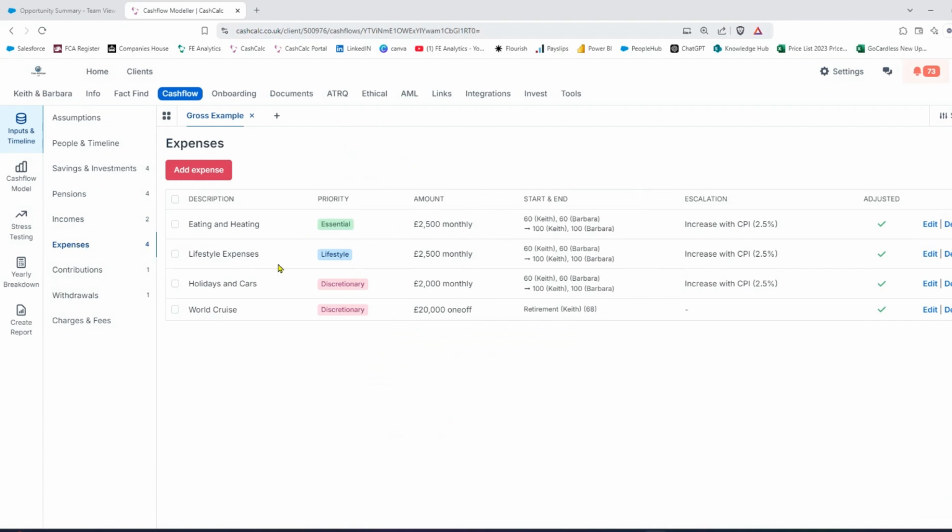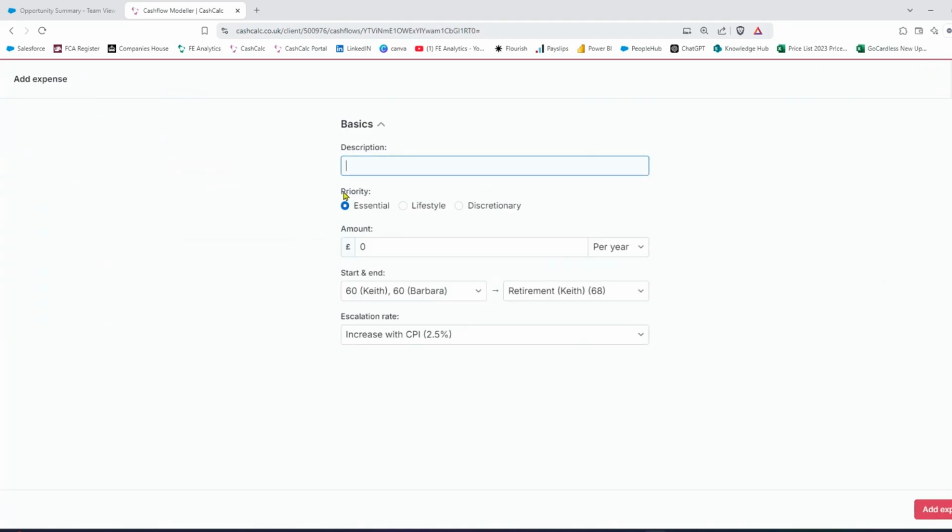Expenses have been changed slightly, so we can now specify whether that type of expense is essential, lifestyle, or discretionary. So when you click on add an expense, you've got that priority order here. Essentially, it's just heating and eating, the stuff that basically keeps us alive. If it's a lifestyle expense, it's the type of expenses that keep our lives comfortable. Discretionary expense would be when you're buying your Lambos or buying a property, that's discretionary spend. And you'll see this in a couple of minutes when we go into the cash flow image. It actually shows those different lines for you. It shows you the overall expense, but it will show you all of your expenses that equate to essential, lifestyle, etc.